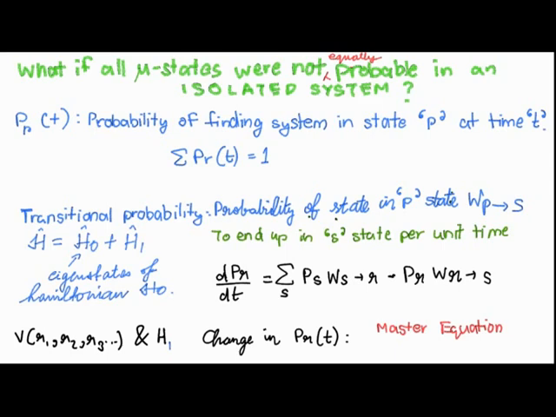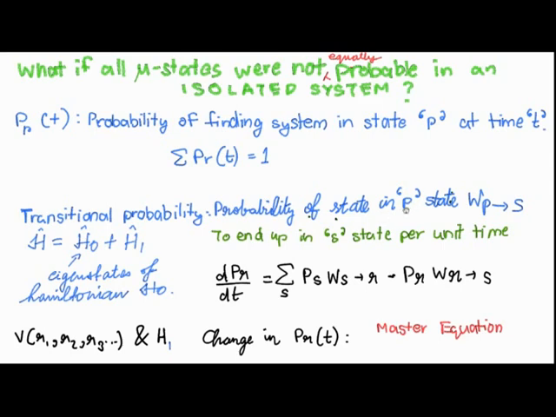There are many quantum states of the system, and the system is in a particular eigenstate of Hamiltonian H0. And in that case, the transitional probability will be the probability that the system is going